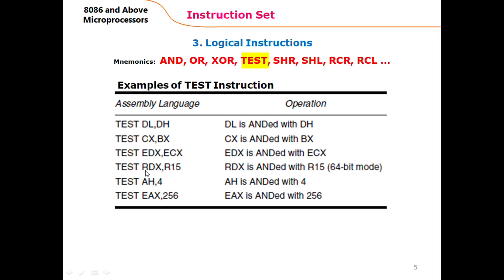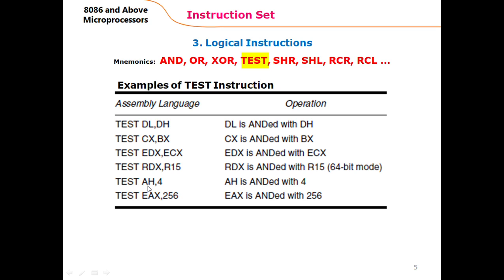Similarly, test is available in the 64-bit mode as well, where register R15 is ANDed with RDX, which is a 64-bit register, and it is also available with immediate data, where immediate value 4 is ANDed with